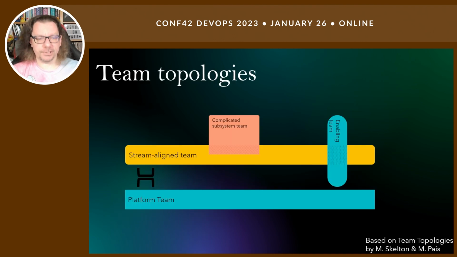And this Conway's law leads us to a great book and a great concept called Team Topologies, based on the book of two guys, Mr. Skelton and Mr. Pais, who created an approach where we can see all those elements and how they work together. And we see here, for example, the platform team. Platform engineering is a hype right now, but this hype is because of some kind of misunderstanding of what the platform team really is. We will not go into details here because we have only 25 minutes left, so let's go further.